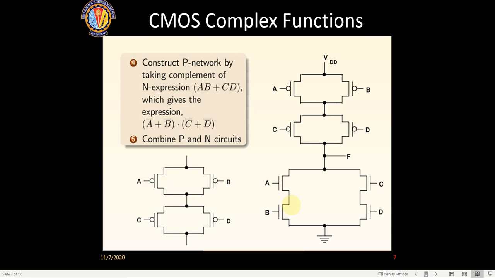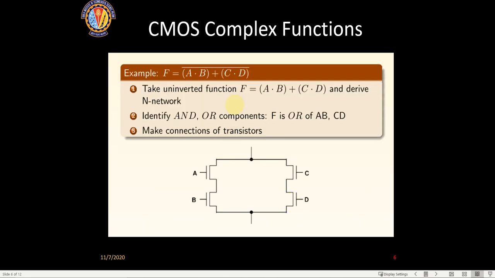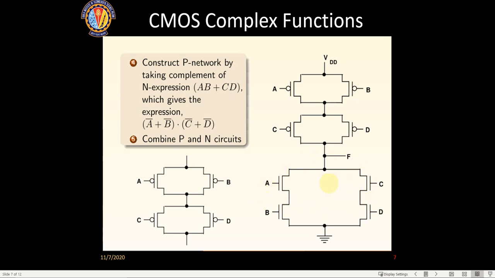So whenever a function is given, the first thing we need to do is take the complementary of that. Once you take the complementary, you will get this. So once you get this, it will be straight away implemented in an NMOS circuit, and this NMOS circuit will be put here. Now we also need to make the complementary of this. So what is the complementary of A and B? A and B will be A or B. For C and D, the complementary will be C or D. And then the A and B and the C and D are ORed, so now we make it an AND here, and place it here.